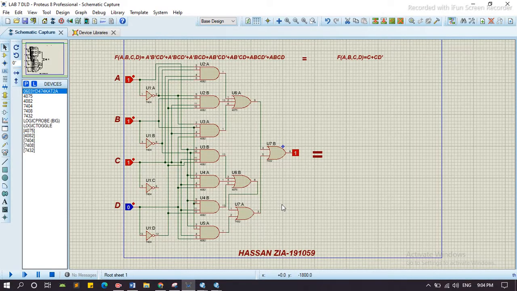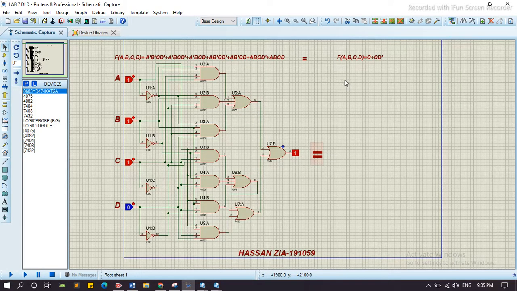Here we draw the gate view diagram of this. Here A, B, C, D are the 4 inputs, and we implement these operations, the Boolean expression, using the AND gates and creating the SOP, sum of all the products, by using an OR gate. Here are the 7 products and we sum all of these.